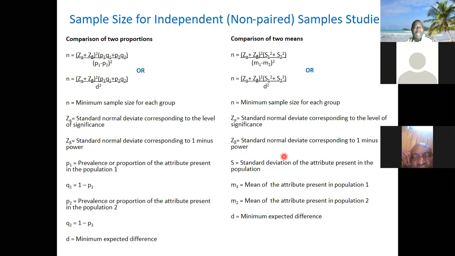You can as well say it is D, or the difference between the two groups. You remove the proportion of one group from the other one, that gives you the difference. Or you remove the mean of one from the other one, it gives you the difference. So it doesn't really matter. Now, if your outcome measure is a proportion, or a mean and standard deviation, you look at the right side of the screen, you will see that the only difference is that you are dealing with P1, Q1, PQ, rather than the standard deviation. So that's the only difference. It's very straightforward. I can even say that for a two group study, it's more straightforward than a one group study, the way I see it. Now, let us go to